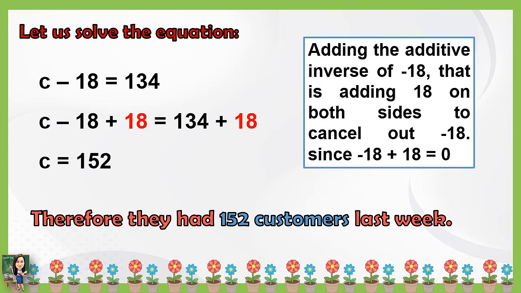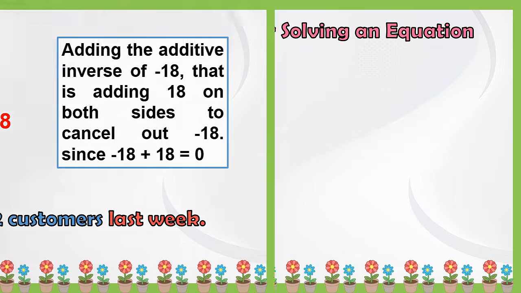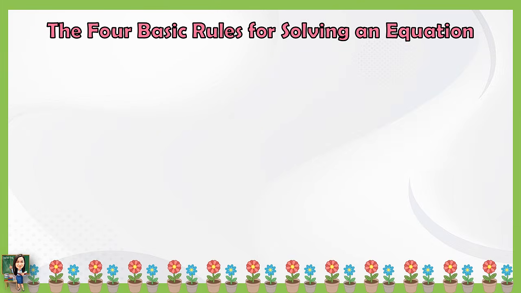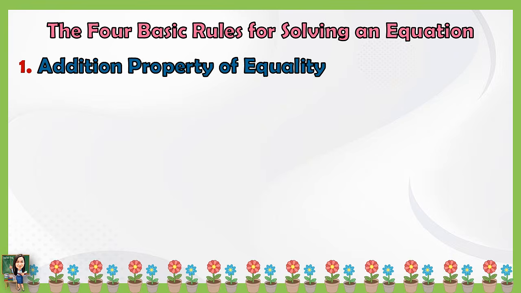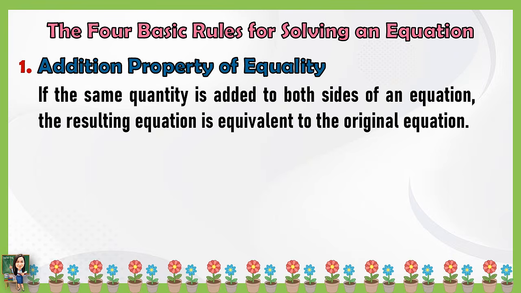Therefore, they had 152 customers last week. Here are the 4 basic rules for solving an equation. The first one is the addition property of equality. If the same quantity is added to both sides of an equation, the resulting equation is equivalent to the original